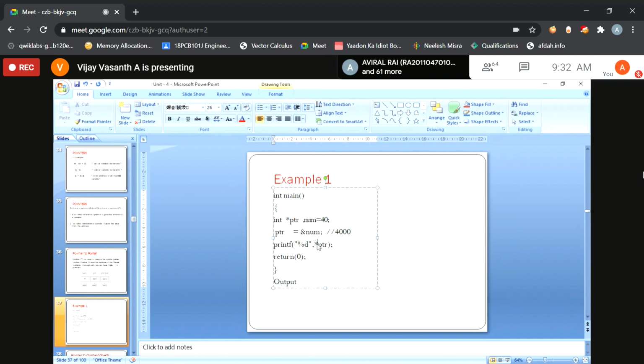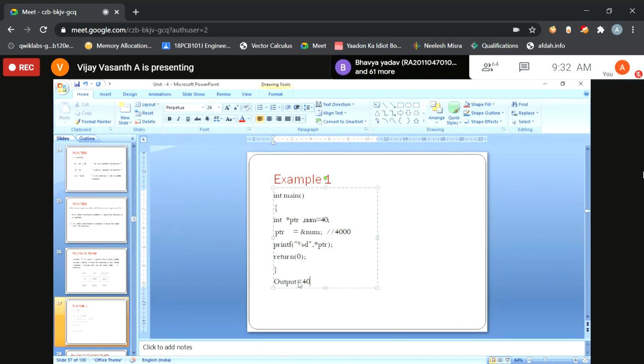So what will be my answer? What will be the output? 40. Yes. Why? Because the pointer is pointing to 4000. The 4000 is a memory location.